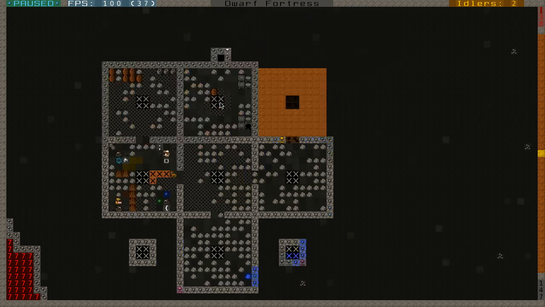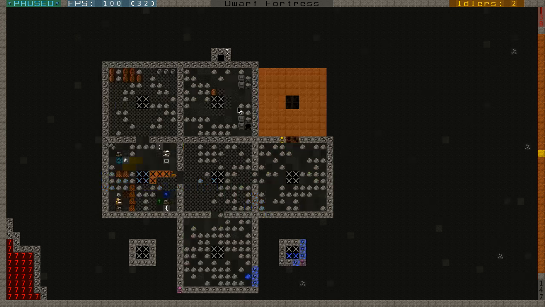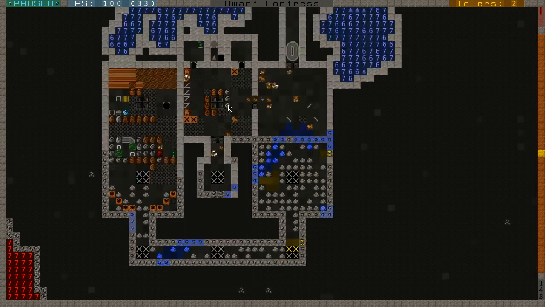Below here is, I guess, a dining area for the soldiers, just a little extra, and here is a small prepared meals stockpile. And below here I plan to make this an armory for the soldiers. So this room here, the soldier dining hall and the barracks, these are isolated from the rest of the